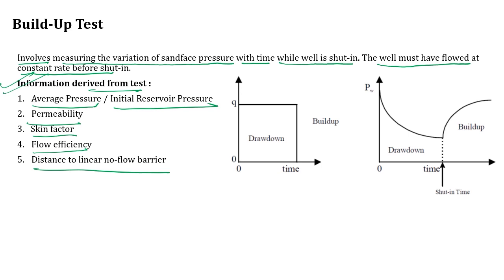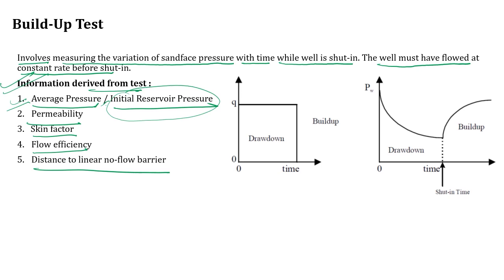Okay, now average reservoir pressure and initial reservoir pressure. Let's say I have drilled a new well. At that time, if I have gone for a build up study, then I would have got initial reservoir pressure. Now let's say I have a well and I have produced it for some period of time. For example, I have produced it for let's say 20 years.